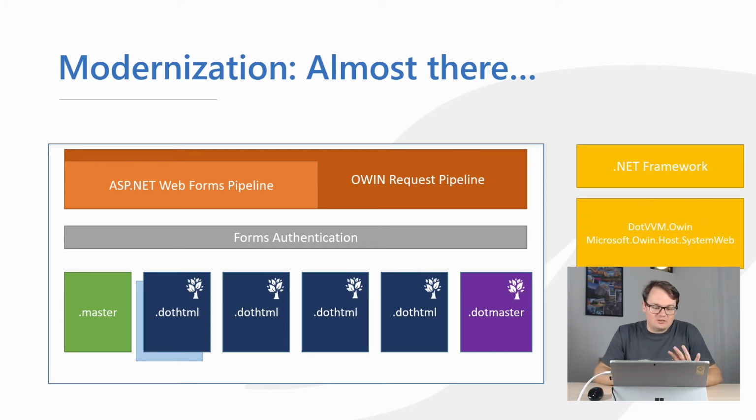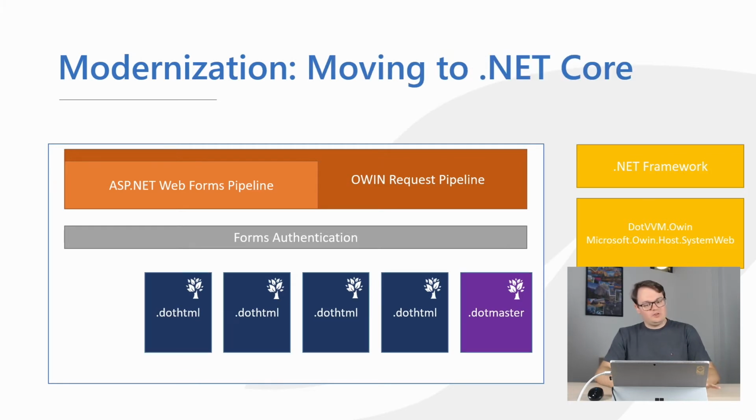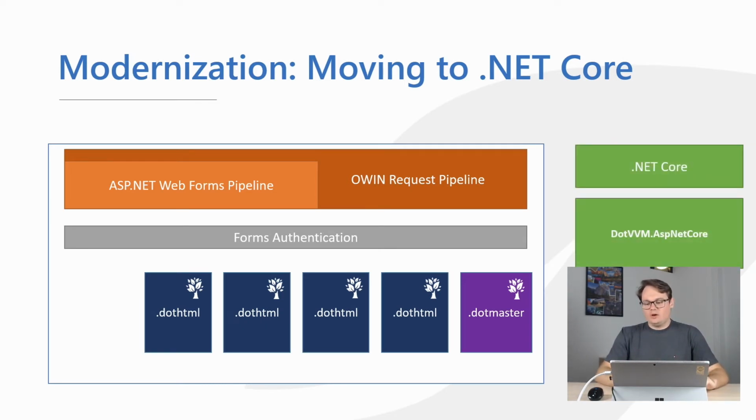And once you get rid of all dependencies on the WebForms, then you will be able to switch to .NET Core. So we can remove the master page, we can remove the old pages, and now the entire application is using .vvm. And now we should think about going to .NET Core. So we can uninstall the OWIN packages, we can uninstall .vvm.owin, and now you can either change your CSproj, so it will use the new short brief syntax, and it will use .NET Core, or you can just create a